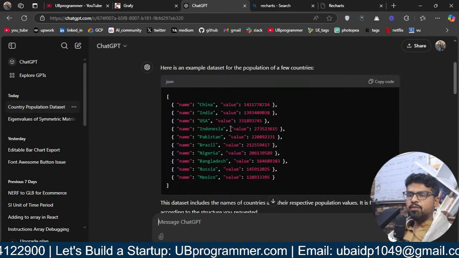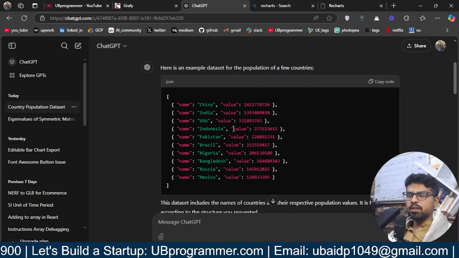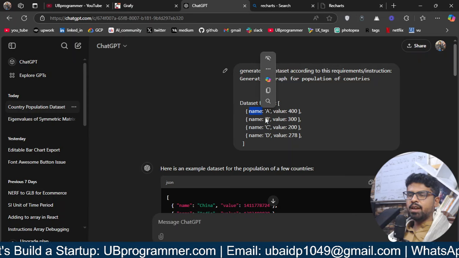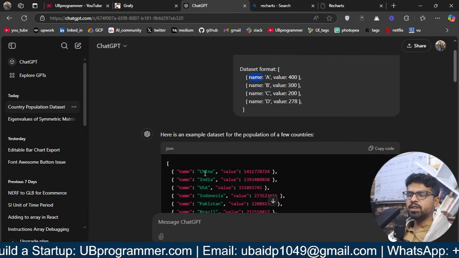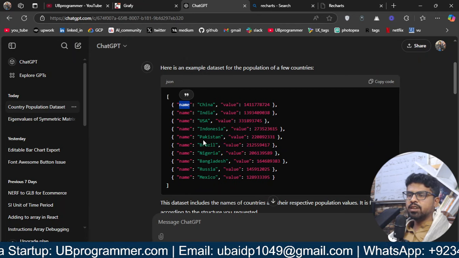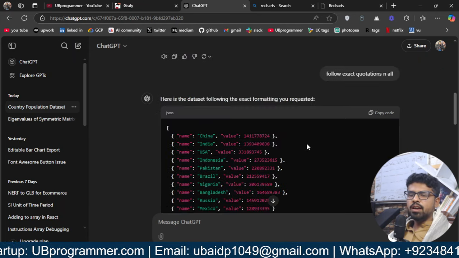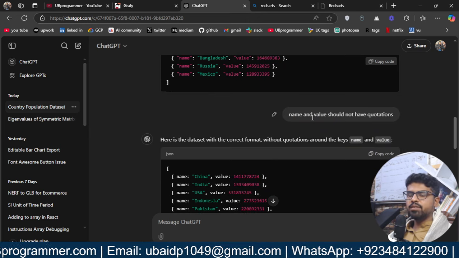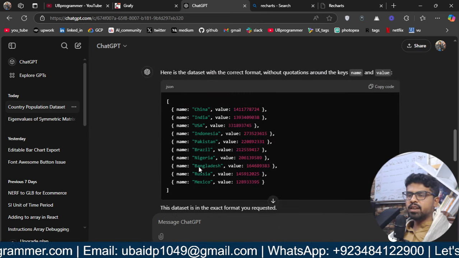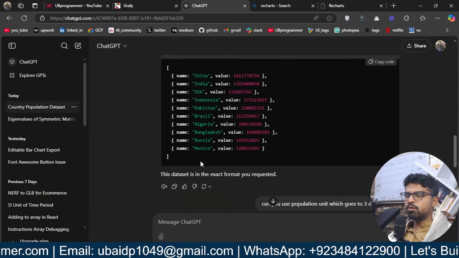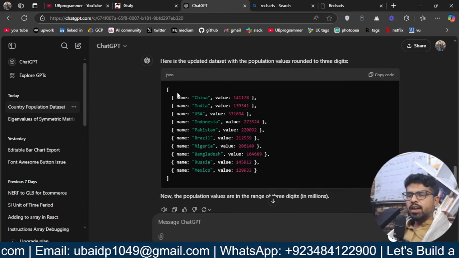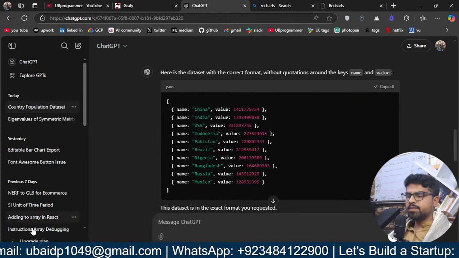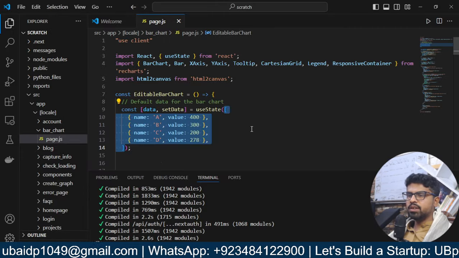So obviously there are some things you want to change. Like here, in the format we have name without quotation marks, but here we have quotation marks. AI just automatically added that, so I specifically remove that by giving the AI the instruction, and it actually follows. So I get this data. I can just copy it, and what I will do now is